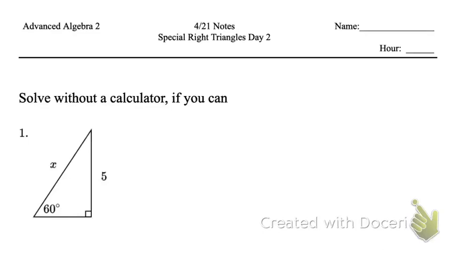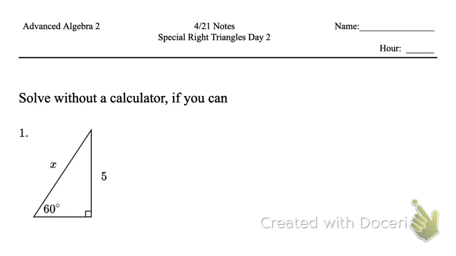Okay, Advanced Algebra 2. This should be Tuesday the 21st. And yesterday on the 20th we did some special right triangles, our 30, 60, 90, and our 45, 45, 90 that we had to remember from geometry. Today we're going to do those again, but we're going to look at a specific type of problem we didn't cover yesterday. And that's something that may happen to us as we're solving these problems, and that is we may